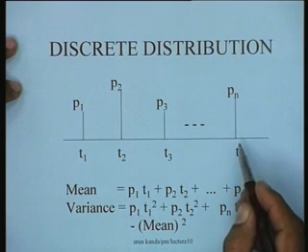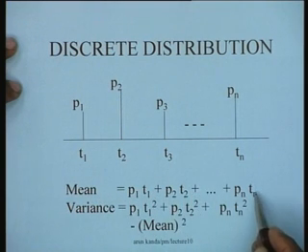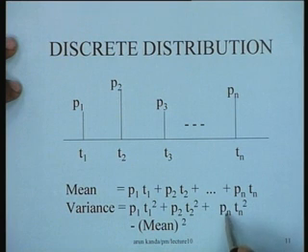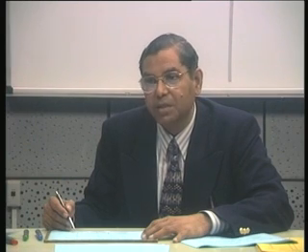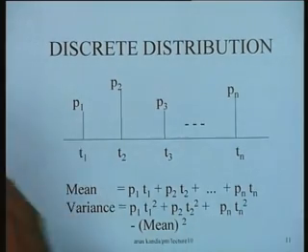So in a situation like this, the mean of the distribution is nothing but p1 t1 plus p2 t2 and so on up to pn tn, and the variance of the distribution can then be computed as p1 t1 square plus p2 t2 square and plus so on up to pn tn square minus the mean whole square, right. So we are in fact here using that standard formula for the variance of x, which is nothing but the expected value of x square minus the expected value of x whole square, right. So you get these two formulas from that particular thing.